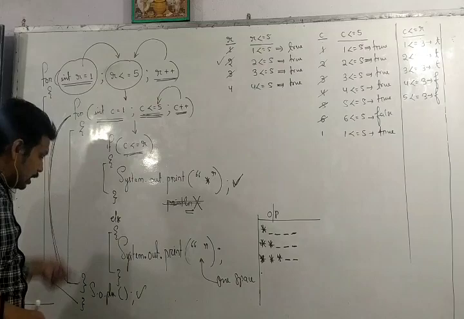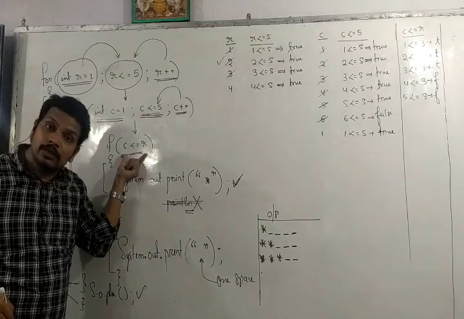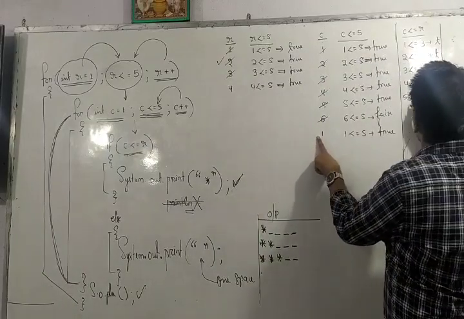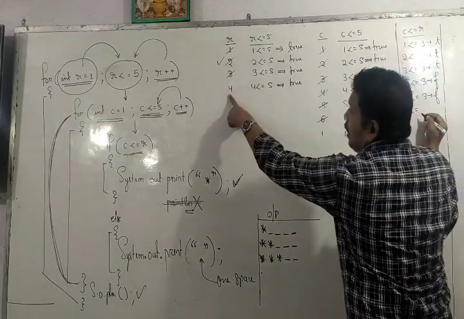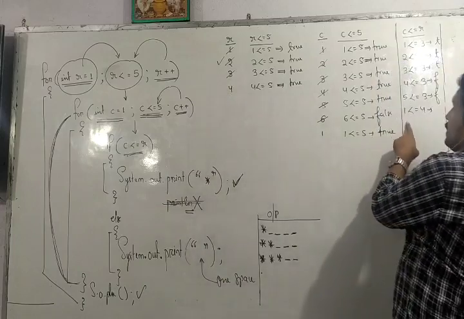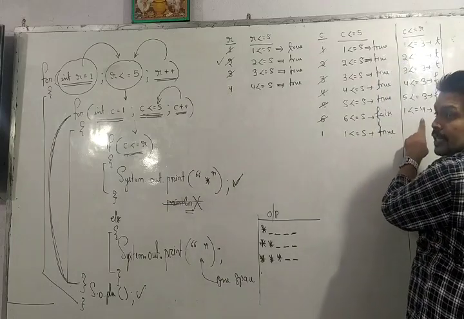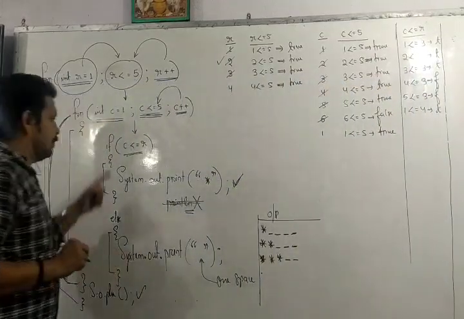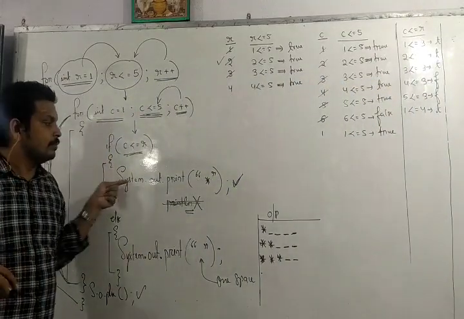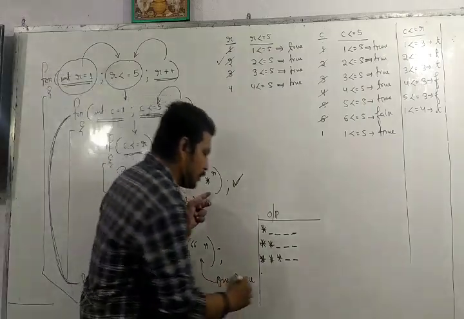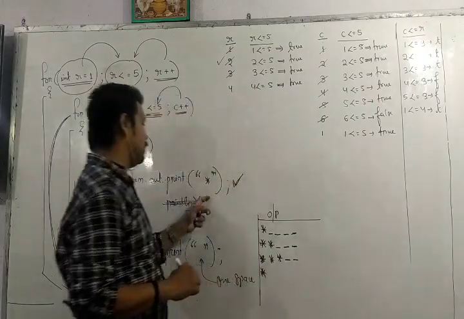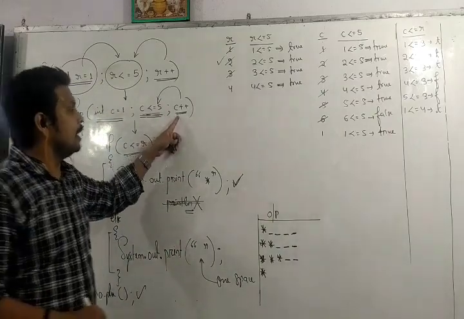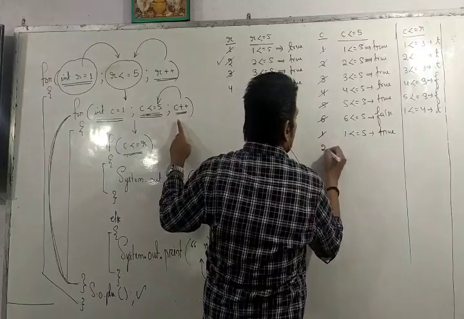And within the body of inner for loop, we have given one condition, C less than equal to R. So what is C? C is 1. 1 is less than equal to R. R is 4. So 1 is less than equal to 4. Yes, true. If it is true, then this line will be executed where star will be printed. Okay, star will be printed and the else part will be ignored. Then the control will go to the updation expression C++, that is 2.